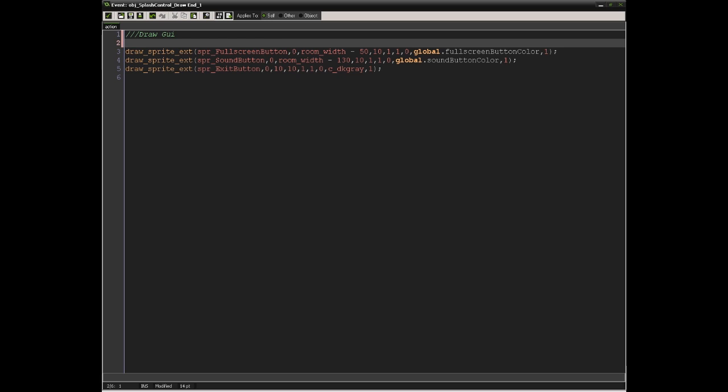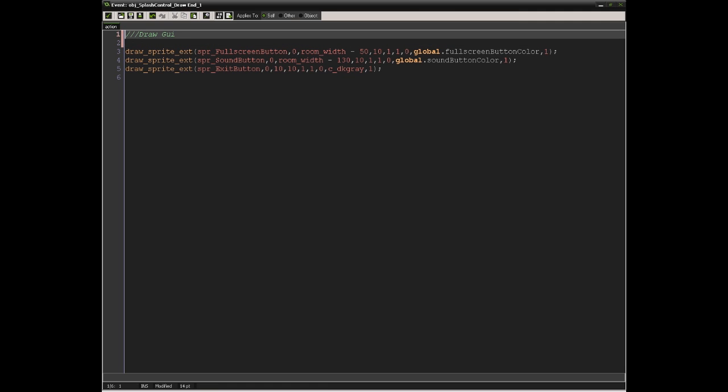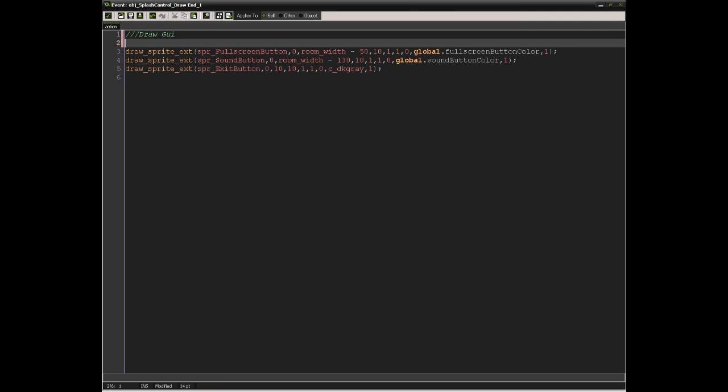Now these are also going to need the sound button colors. No, it doesn't need colors. They're always on. So we could even copy and paste one of these. Copy. Probably don't even need to be extended, but